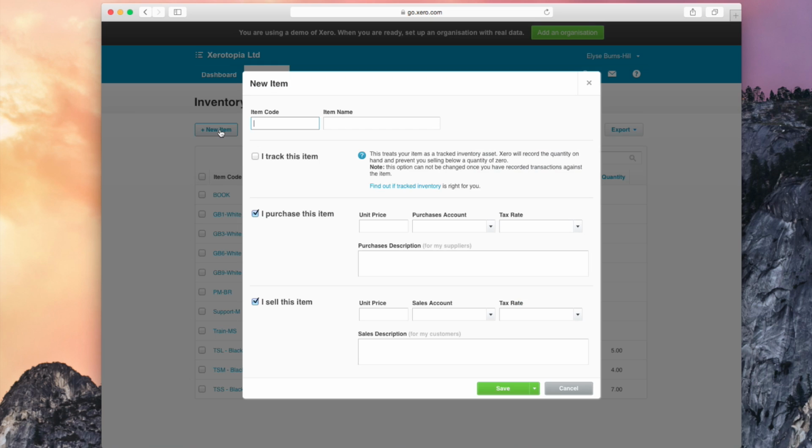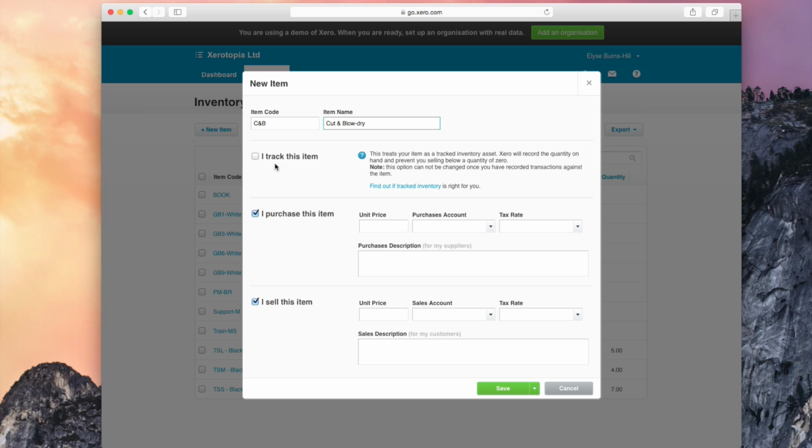So if we look quickly at adding a new item, you can add a new item code, and you can see just down the side here that that's basically what you would type in as a short name to get an item. So if, for example, I was a hairdresser, I might want to set up a cut and blow dry. It's a standard item that I'm going to sell to lots of people. It's going to be the same invoice settings. So let's do that. Right, so cut and blow dry. And we'll just type in here, cut and